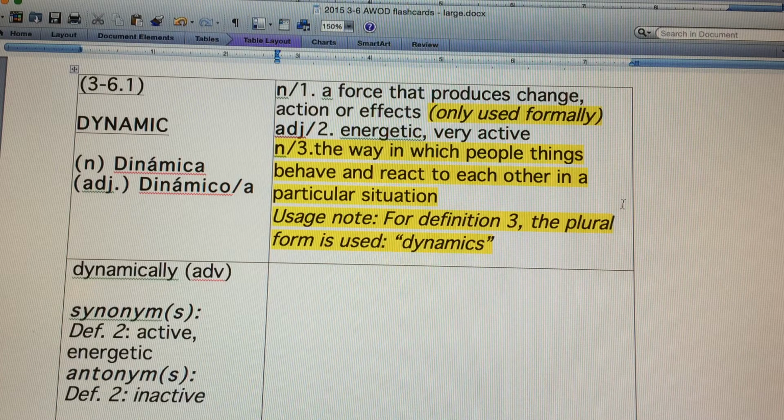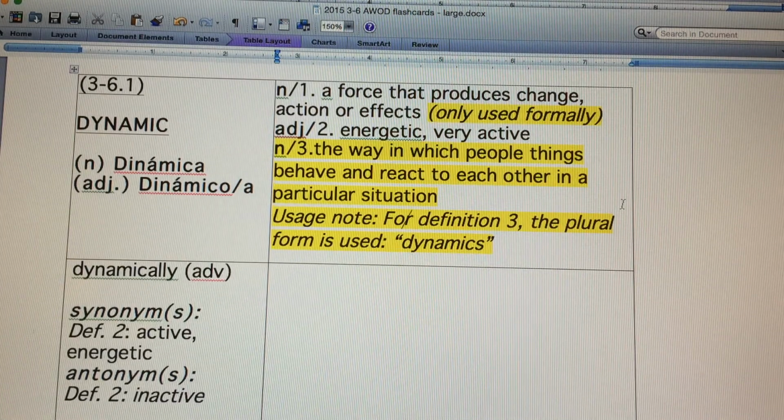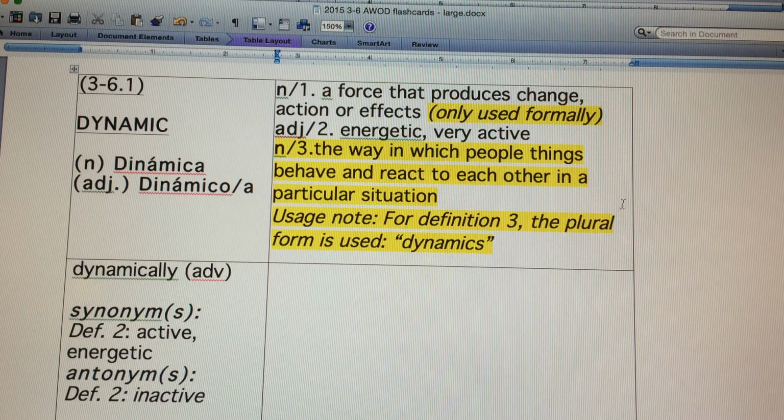So we have an adjective, which means energetic or very active. Okay, something that changes a lot. And if you're a very dynamic person, then people think, wow, look at this person. Look at you. You are so active. You know, you do so many different things. We also use this,